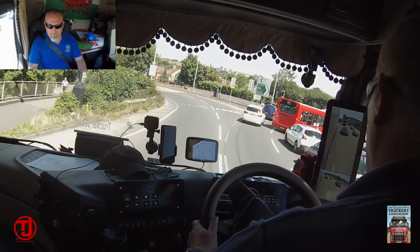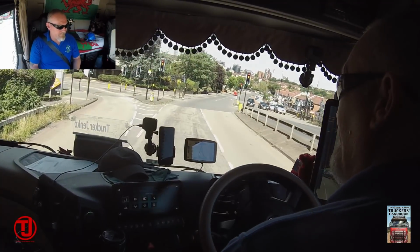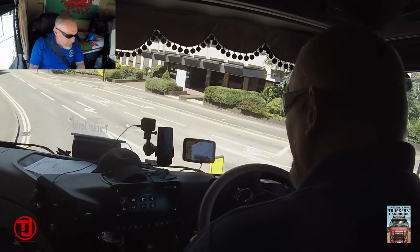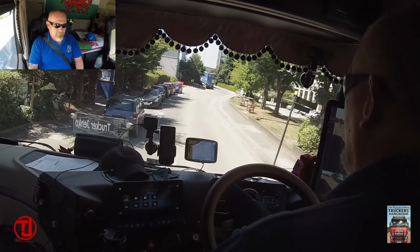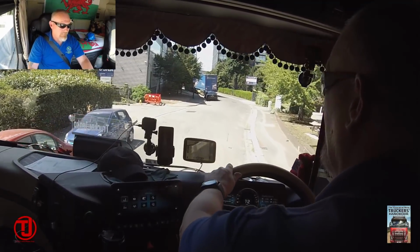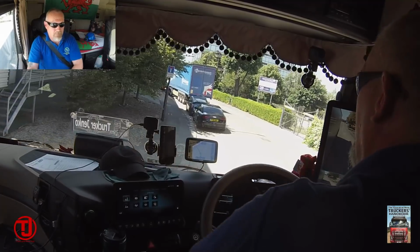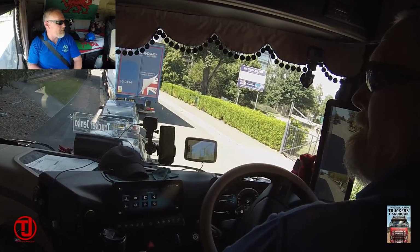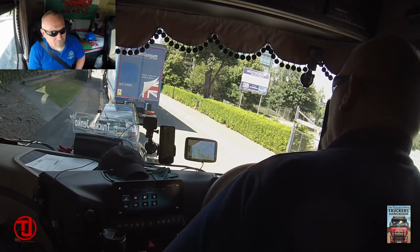There you go, this is Hanger Lane. Turn left, Westgate, then you have reached your destination. Should be down here. Westgate, that's what I was looking for. Looks like there's already a truck waiting to go in, or two trucks waiting to go in. You have reached your destination, Westgate. Oh, it's a building site anyway, so that's alright. Yeah, looks like there's a couple of trucks waiting to go in. I don't think this car's going to be there for long. He's got his window open, so...